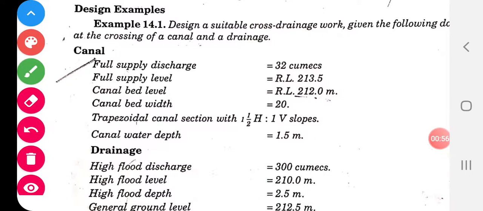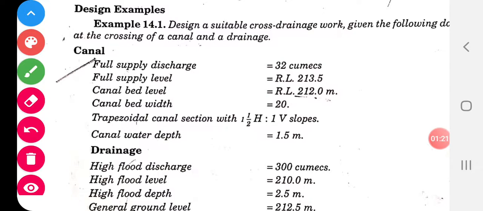This design problem is very lengthy, but of course only one stereotype procedure is there, and you will be asked only the design of aqueduct. In your syllabus it is clearly mentioned that only design of aqueduct. If you want, you can go through your syllabus. So if you study only this design of aqueduct, that is enough.